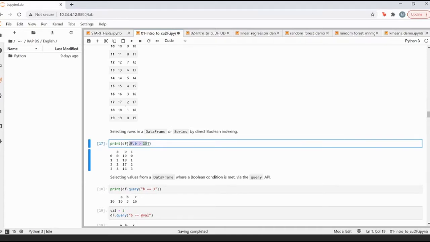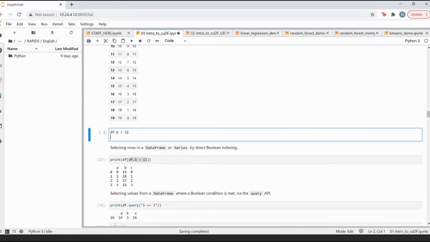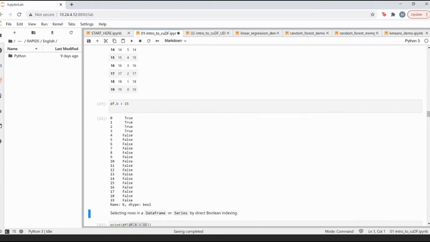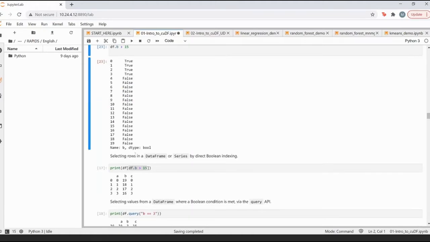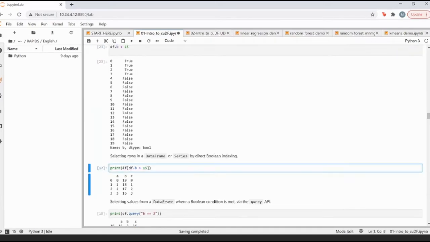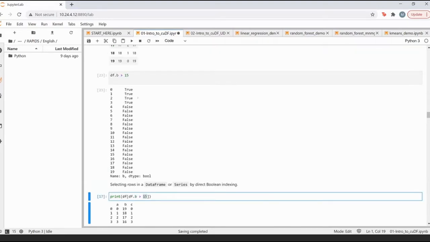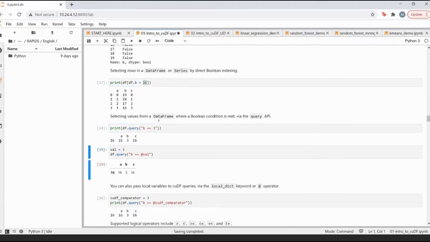So let's just see if I can print this out, right? As I said, it returns this Boolean indexing which says true and false, and then when I put these Boolean indexes inside my data frame's index list, you see that it only returns the true values, right? So you can put some condition on particular columns, and based on that your data frame will return the results, right? So internally it's doing this Boolean masking with trues and falses. Now you can also have more specific queries saying that my b value should be very specifically 3, and so on and so forth, right?